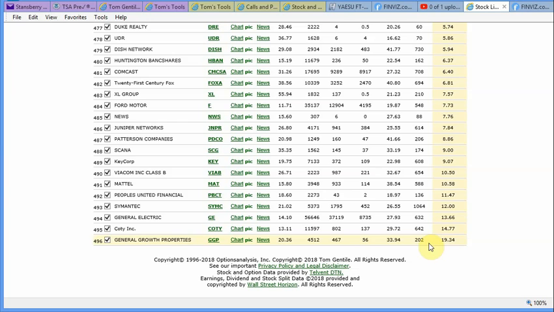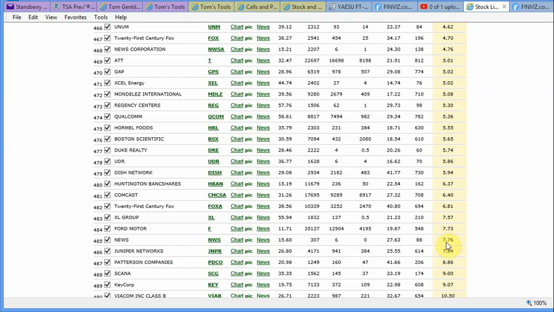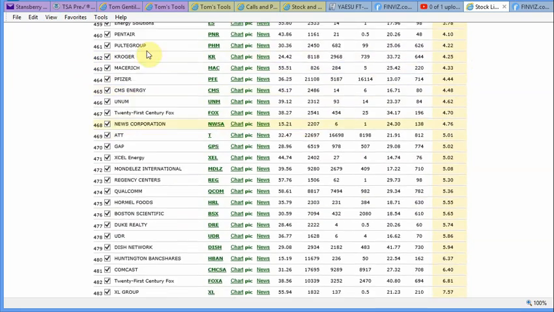Now that means that the stock has to move 10% just to break even. So we don't want any of those type of stocks. So like I said, the max I would go is 5%. So I would cut it off right here at 476 at News Corporation. But